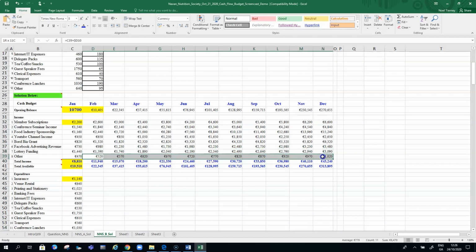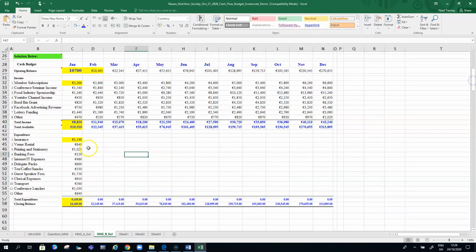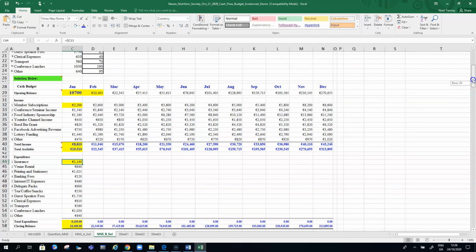I'll underline those cells. Simple underline, and then go down to the expenditure items. And the same approach applies here. The January values stay the same, but for February onwards, the amounts are going to vary. So to get them to vary,